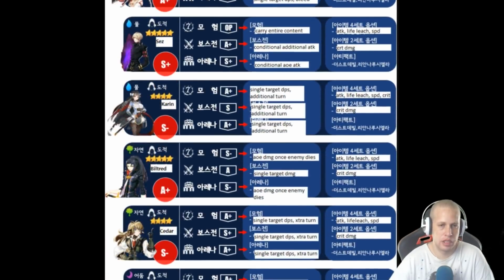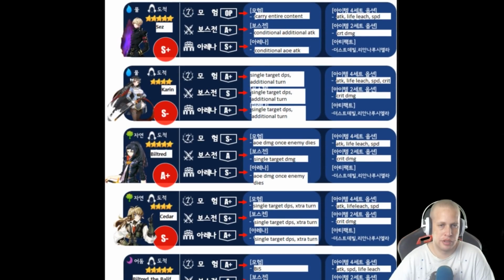Says, okay. Says is apparently, according to Dark Razith, who I was watching his stream the other day, the most broken character in the game at the moment. The reason why Says is broken, you see this here, carry entire continent. They're not kidding about that. Basically, if this guy kills one person, he procs additional damage, like AoE damage. And pretty much if you get his damage high enough, he can wipe the whole party just by killing one